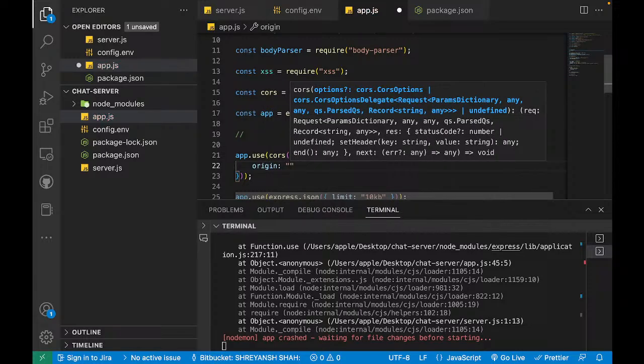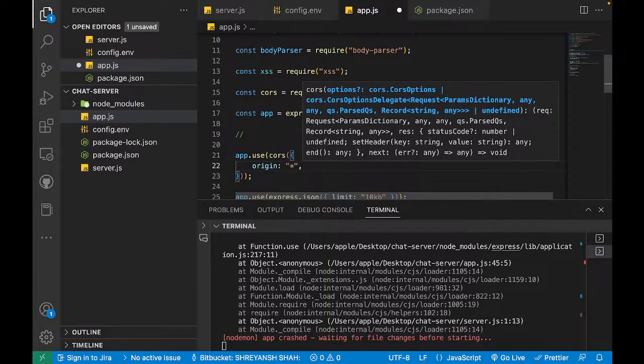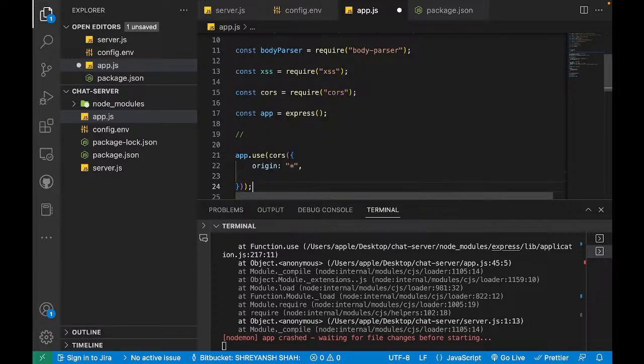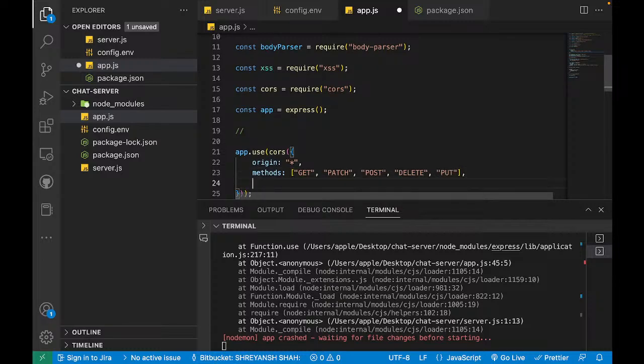So origin, from where the request is going to originate, that is origin. So we are going to allow every domain to send requests to the server. And for the methods that will be allowed, there are certain methods for HTTP requests, and we are going to allow these methods: get, patch, post, delete, and put. We are just going to allow only these 5 methods in the API calls that we'll be receiving,